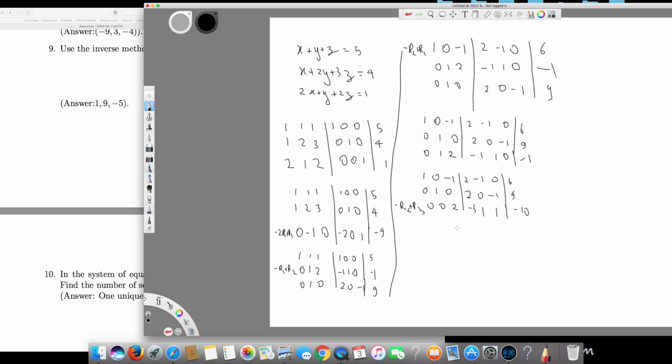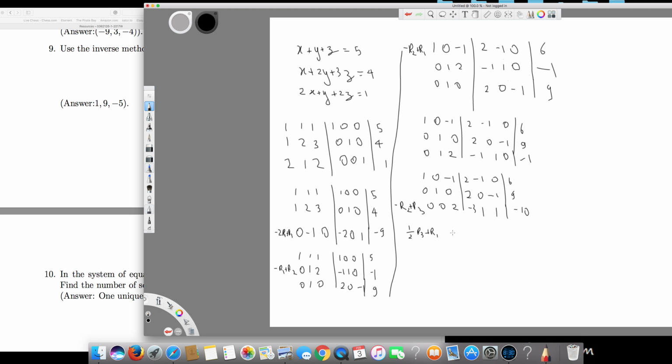So since we have achieved the Gauss Jordan pattern for the second column, we are moving to the third column right now. So to make the third column into 0, what I can do is I can divide the third equation by 2 and add it to the first equation. So if I do that, I will get a 0 for the third column. So let's do it. So it's going to be half R3 plus